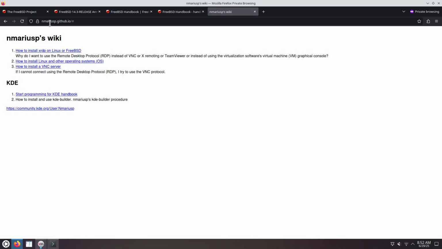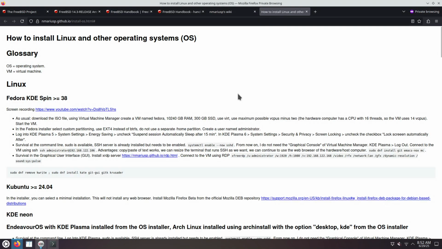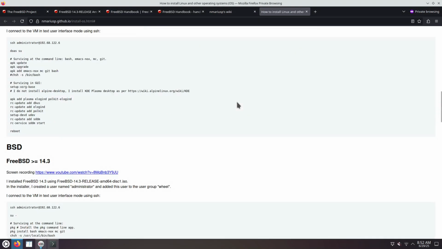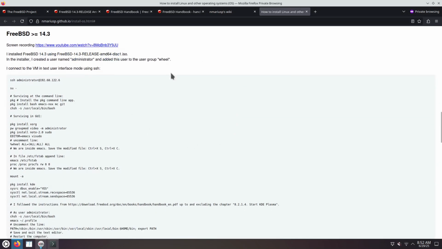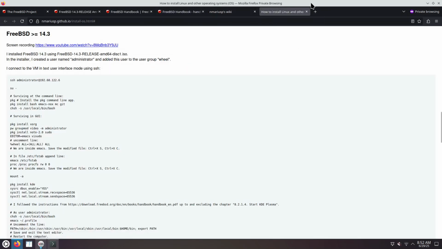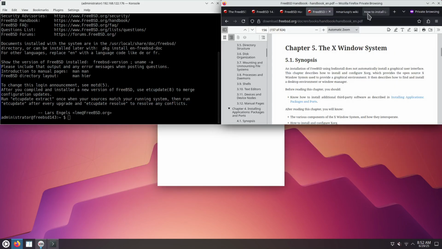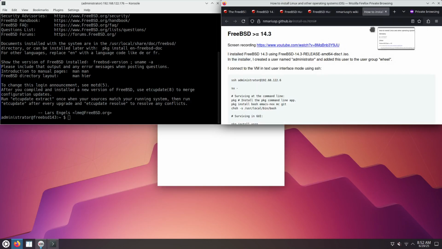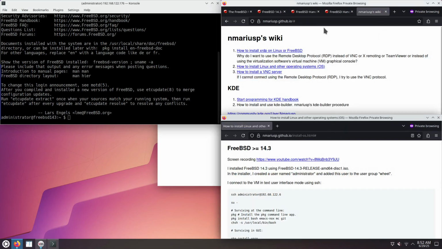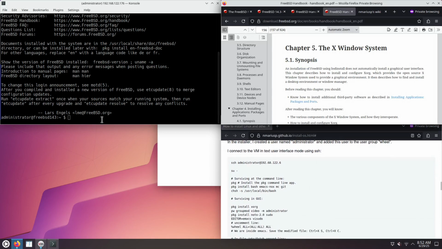I have my wiki page at mariusp.github.io, how to install other operating systems. These are my notes taken from the FreeBSD handbook. Let's see what I do in here. Let's eventually have both of these open at the same time. Okay. So first of all, I want to see if